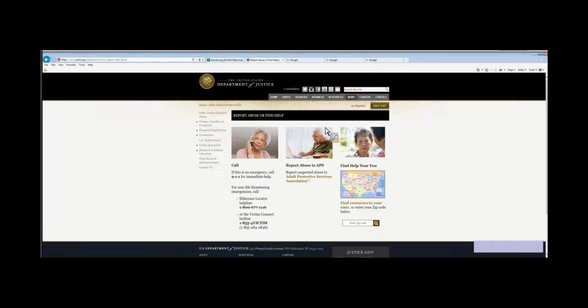And reporting suspected abuse to Adult Protective Services, you can see that Adult Protective Services is a bit of a browner color, which means that it's a link. When clicking on that link, what you will find is that you will go from the website to APS and be able to locate by your actual location there the specific area that you're able to find for the location